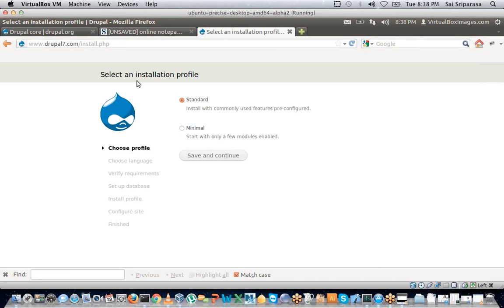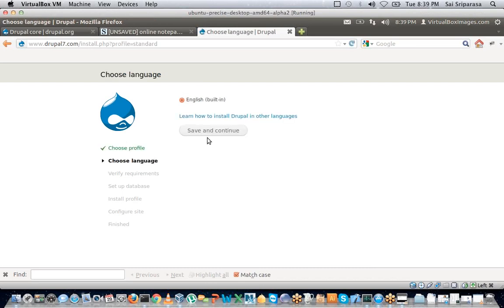And then it pushes me to install.php. Again, whenever you download it, go through the readme.txt file. The reason I know that I'll have to go to index.php or install.php for that matter is because I've read through that file and I've worked with Drupal 7. But since you haven't worked with it, make sure that you read the documentation. So here we will not make any changes, we'll just go through with what it says.